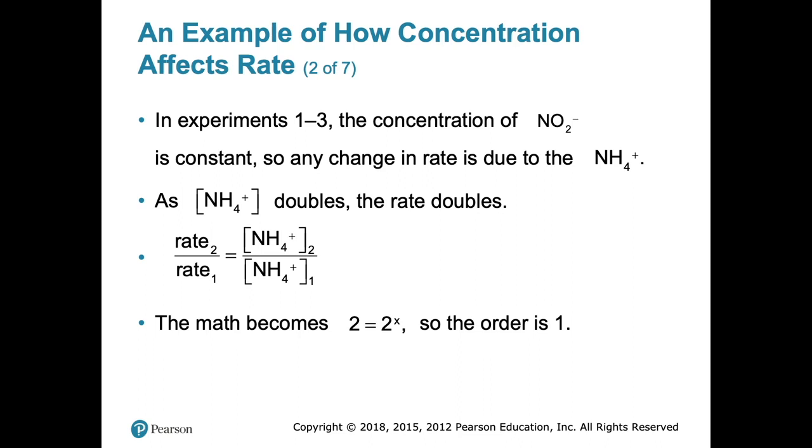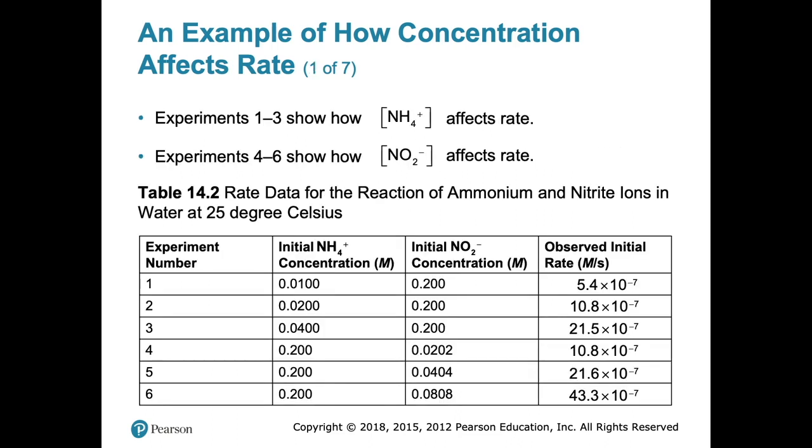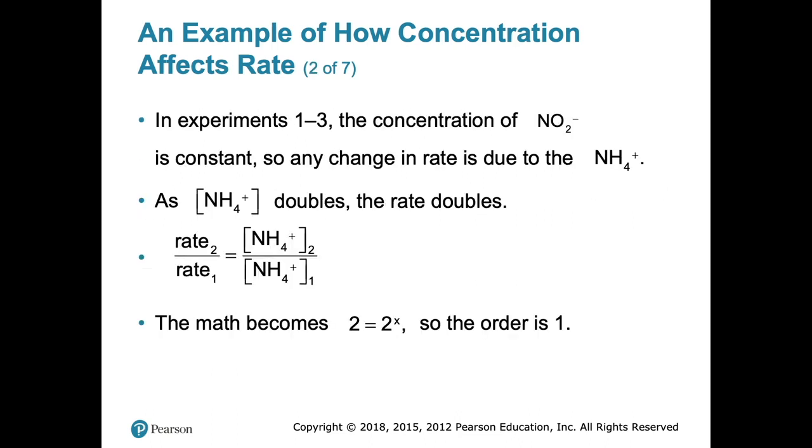Which equals the concentration of ammonia in reaction 1 divided by the concentration in reaction 1. I'm sorry, that's reaction 2. Let me say that one more time. Rate of reaction 2 over rate in reaction 1 equals concentration of ammonia in reaction 2 over the concentration in reaction 1. Does that make sense? And when you take those numbers from reaction 1 and 2 and plug them in,